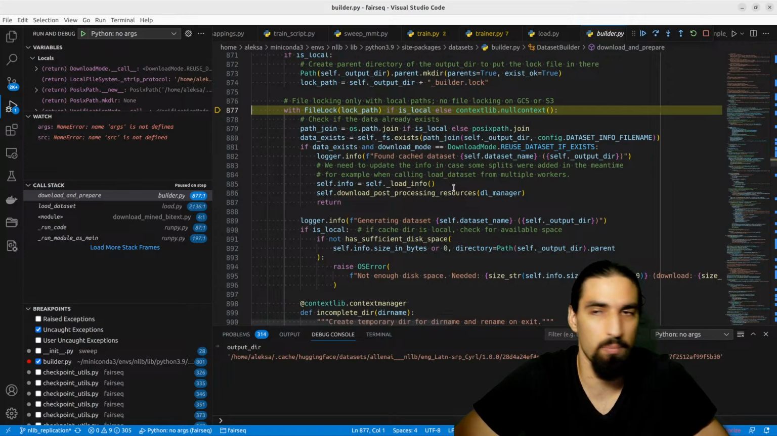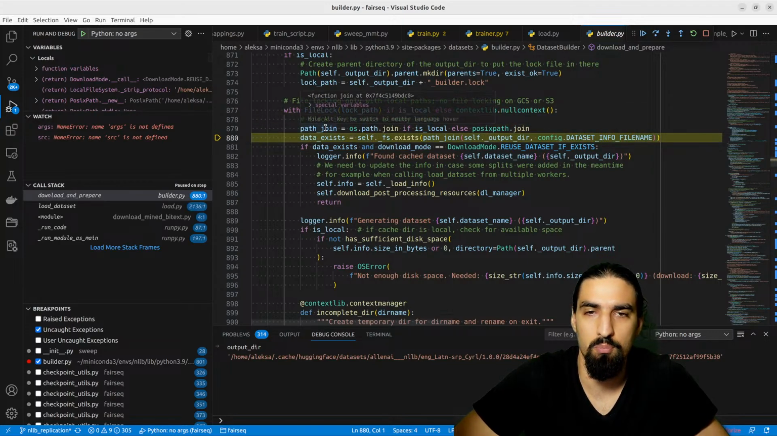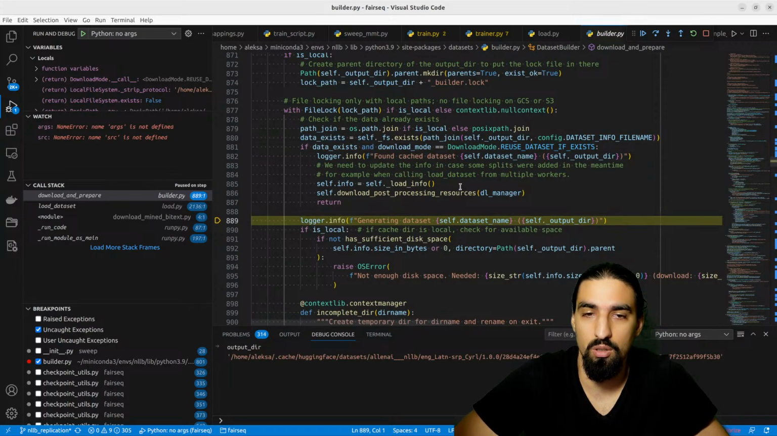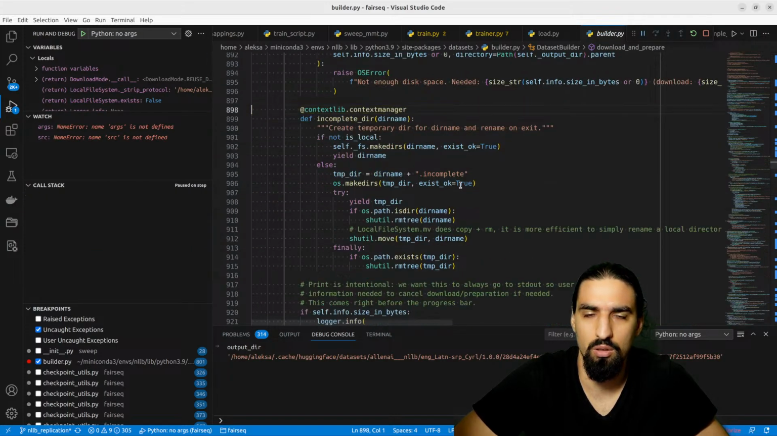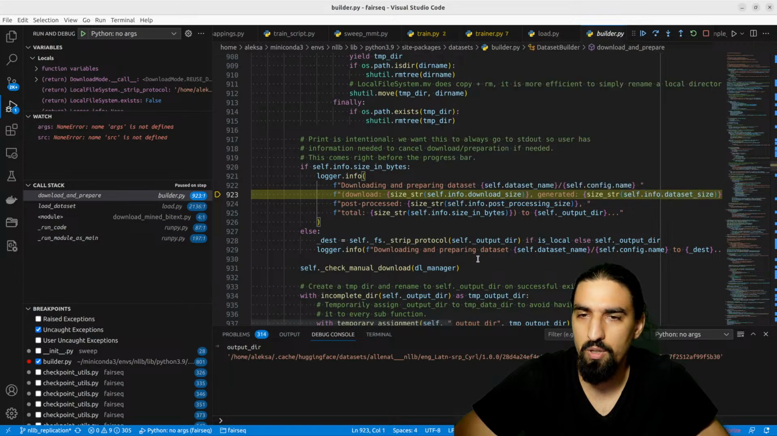Did anybody step through the Hugging Face datasets library before? Path join. Does it exist? False. If it exists and download mode is reuse. Okay, otherwise, if it's local, preparing, download size